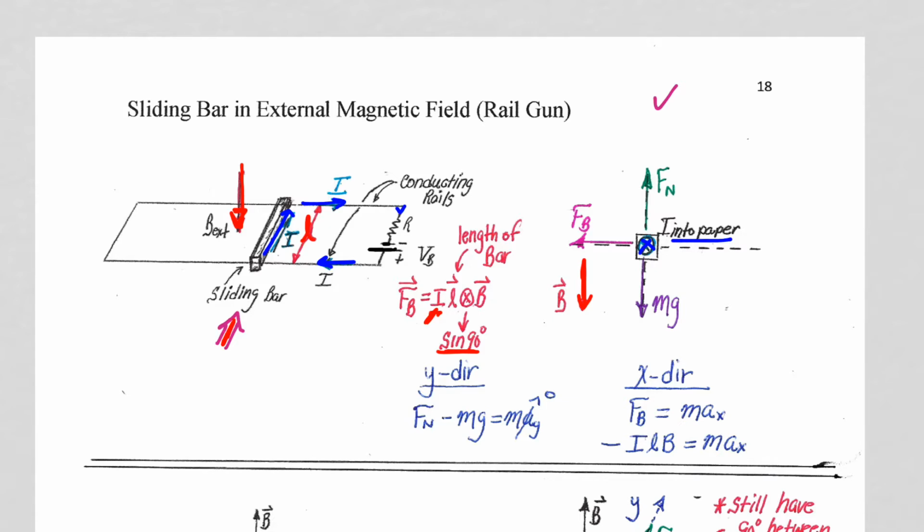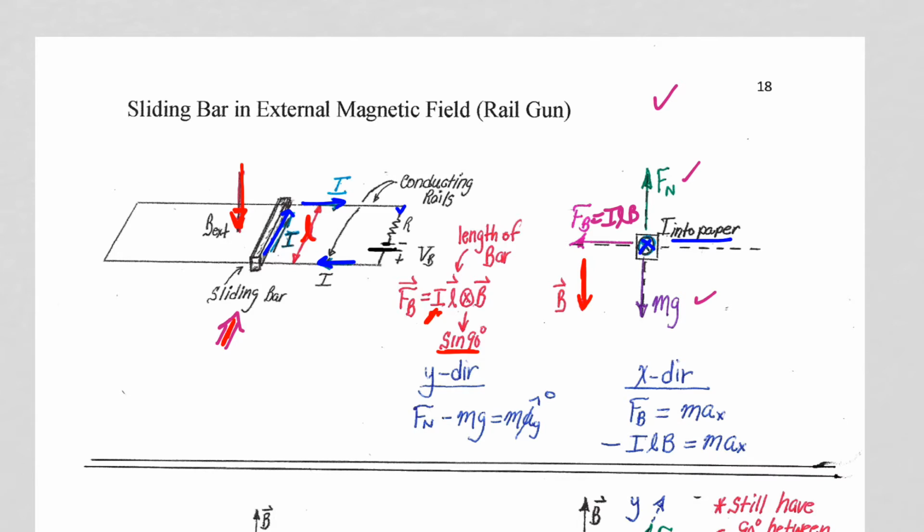And when we do our right hand rule, our right hand, again, confirms this: I is into the paper. Curl your fingers down, thumb to the left. So the magnetic force, ILB, is going to be to the left. Well, we of course have mg straight down, force normal, and we don't have friction in this problem, but